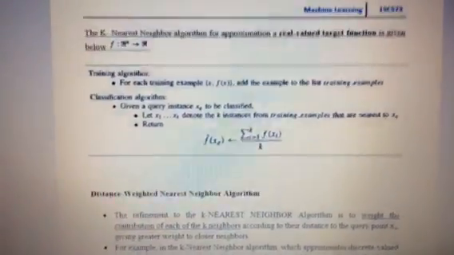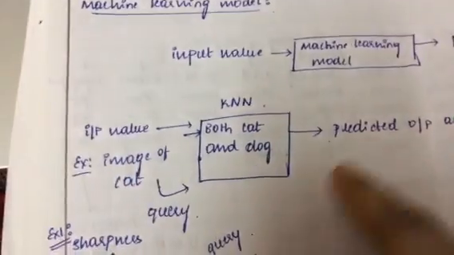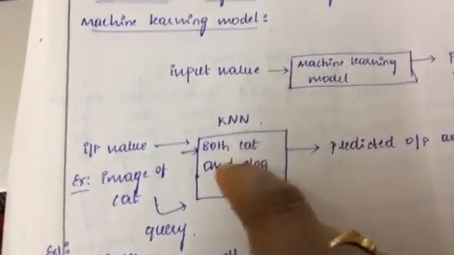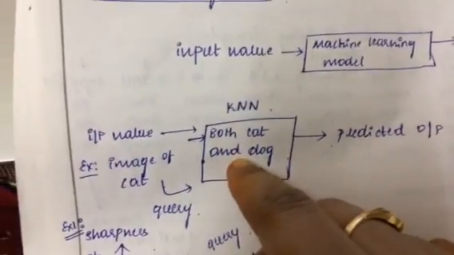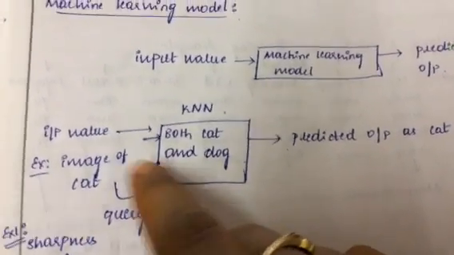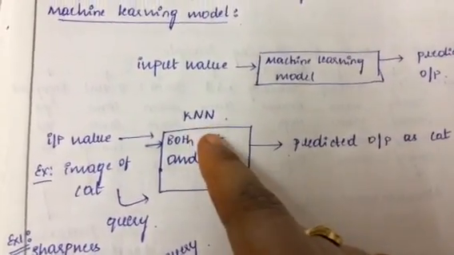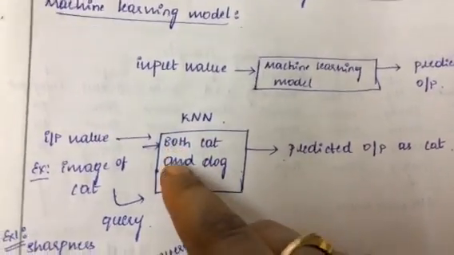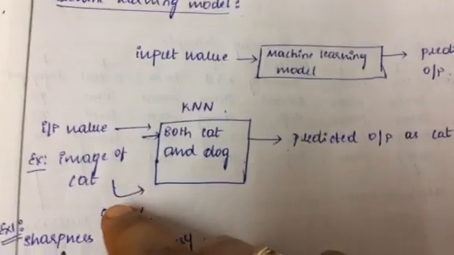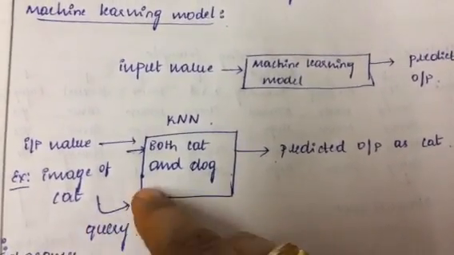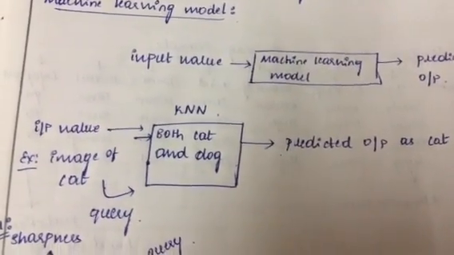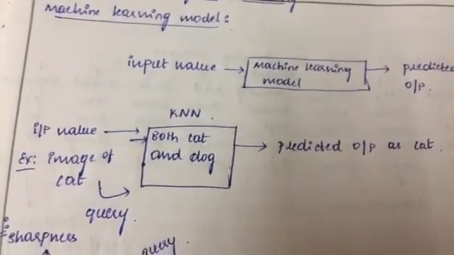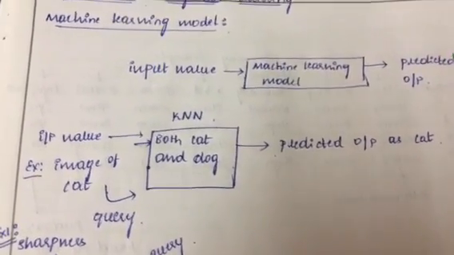So we know that in a KNN, this is the block diagram of a KNN. Here the features of a cat and dog are being fed, which is ready for the classification, and it is called the training database. Whenever you have a query, it is going to refer. Since it is a KNN, it is an example or a basic algorithm in instance-based learning. What is instance-based learning? Whenever you have a query, then only your machine will be activated. And then it is going to refer to the training database, and then it is going to predict the output. So that is instance-based learning, right?